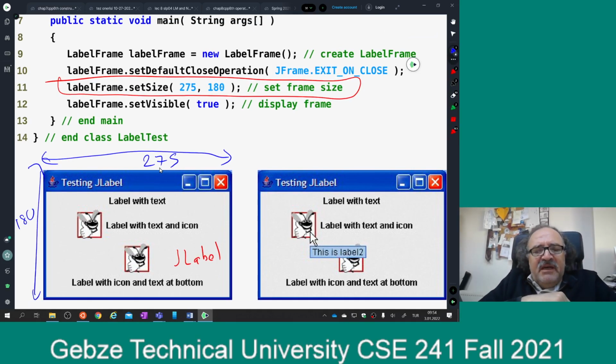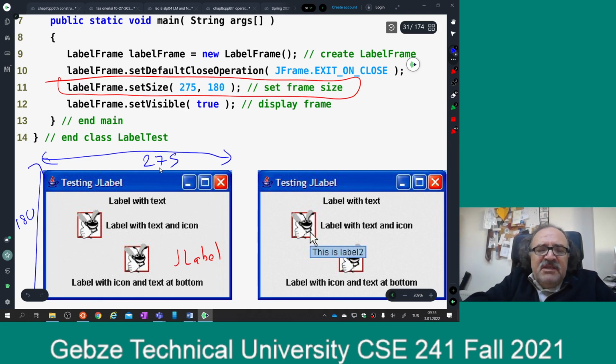It is visible now. Then weirdly, for us it is very weird actually, I end my program. It looks like my program has ended. I just showed the window and it is gone. No, it doesn't happen that way. Once you set a window visible,